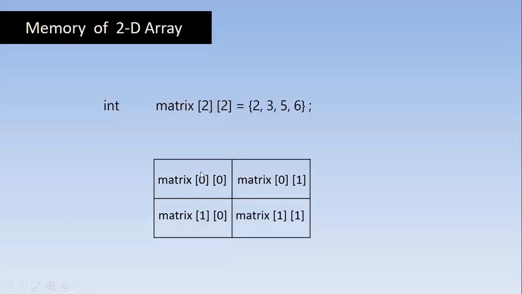So we'll put the value of i here in the first index, and j in the second index. i into j, i into j. As long as the i value remains constant, we are in the same row. When i changes, we change the row. As long as the j value, I mean in the second index, remains constant, we are in the same column. When it changes its value, we go to the next column.